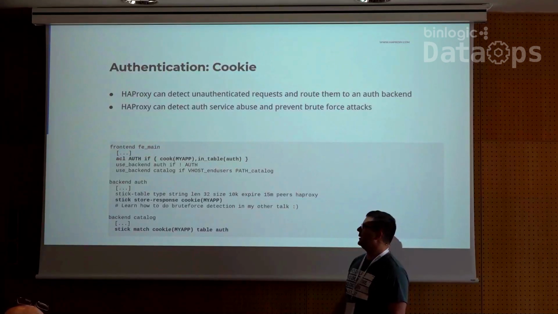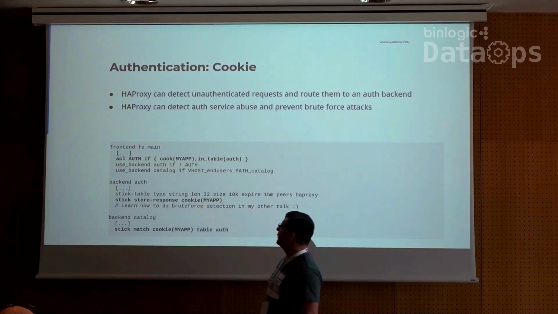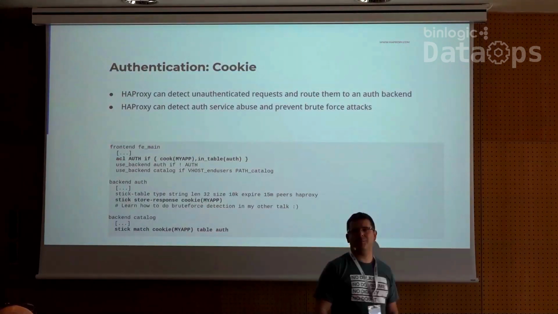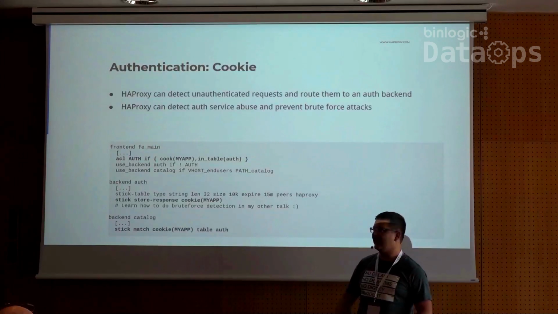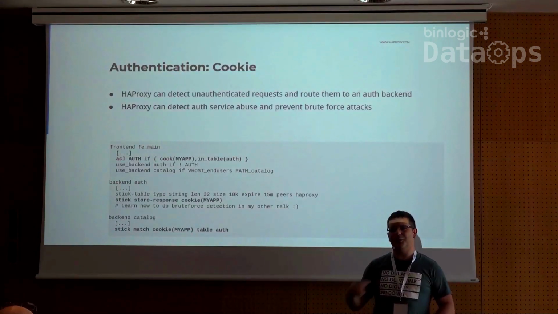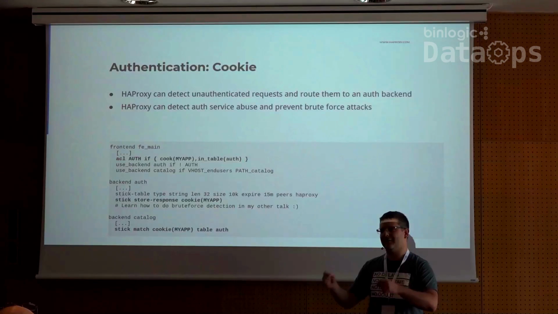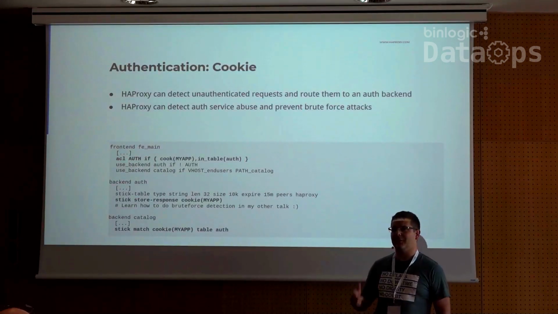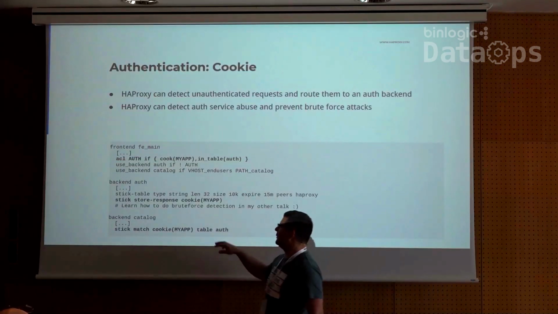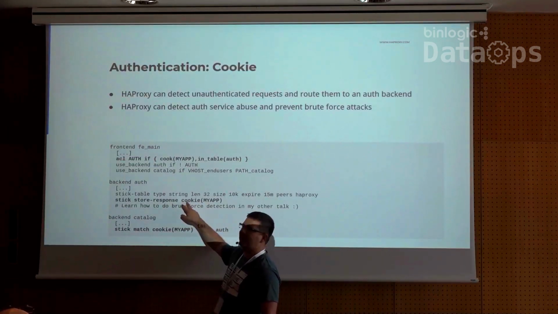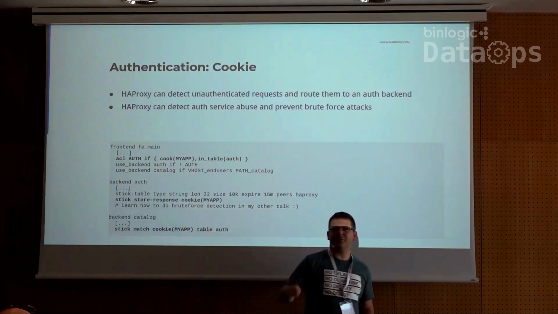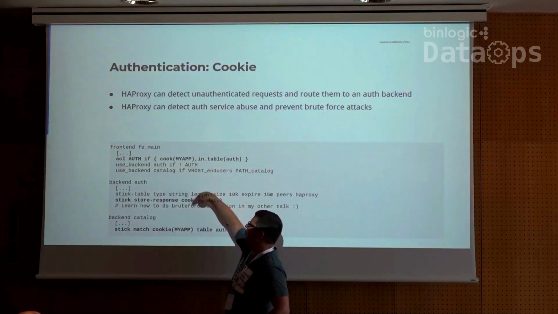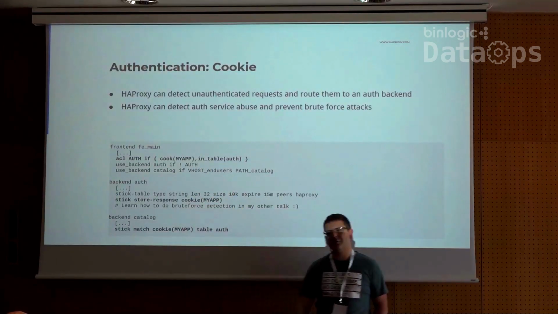Then, as soon as you have been authenticated, HAProxy will learn the cookie generated by the server. Why we do that is because if I am an attacker, I can say, oh, I know that you want me to send a myapp cookie, so I'm going to forge a fake one and send it to you. But HAProxy will detect that. Why? Because what we store in the table is the cookie generated by the server. So if your cookie has not been generated by the server, then the fake cookie will not be in the table, and you will still be forwarded to the authentication backend.